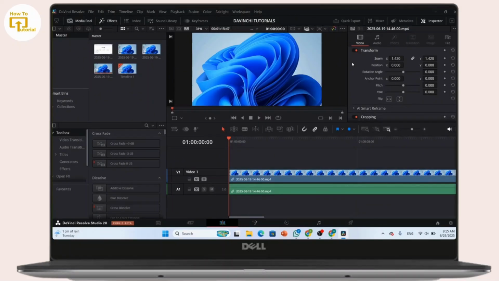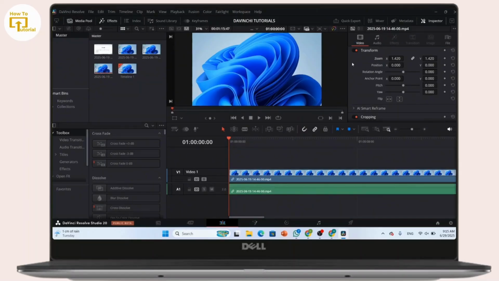So again, open the project settings and under timeline resolution, match it exactly to your video resolution. And here, once you're done with that, just click on save, and just like that, those black bars in the preview are gone because they were never in the actual video,